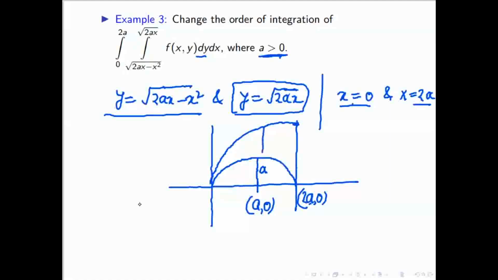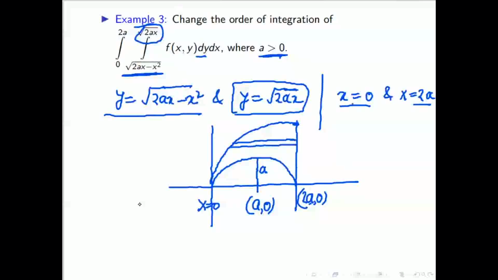So if you take the vertical strip like this, then we will get the same limit. It is starting from this circle. It is going up to this parabola. And x value will start from x equal to 0 and it is going x equal to 2a. Now we have to change the order. So if you want to change the order, so which strip you will take, horizontal or vertical? Horizontal. So we have to take horizontal strip. So now in this picture, I will draw the horizontal and then this order of integration will change.